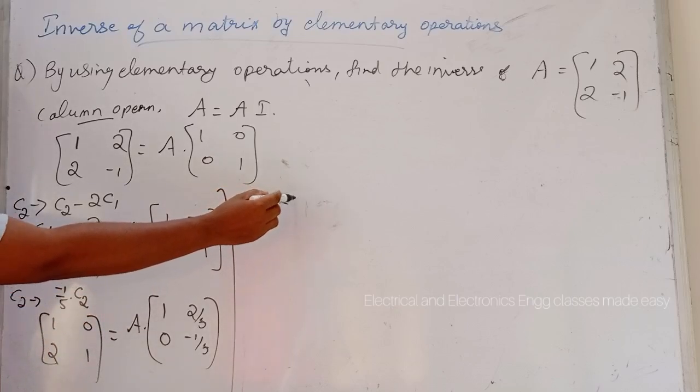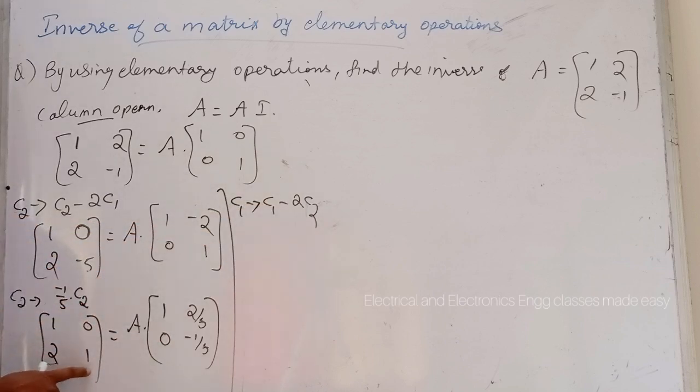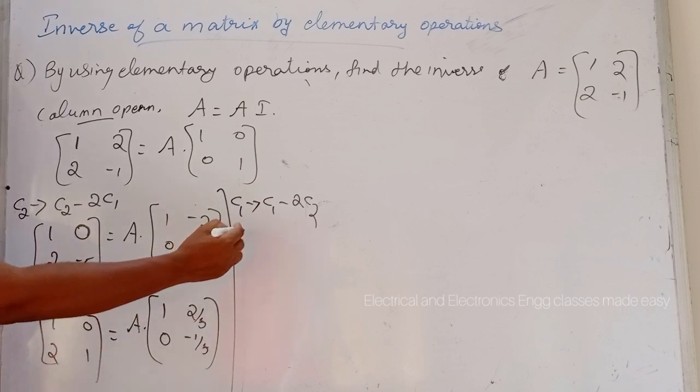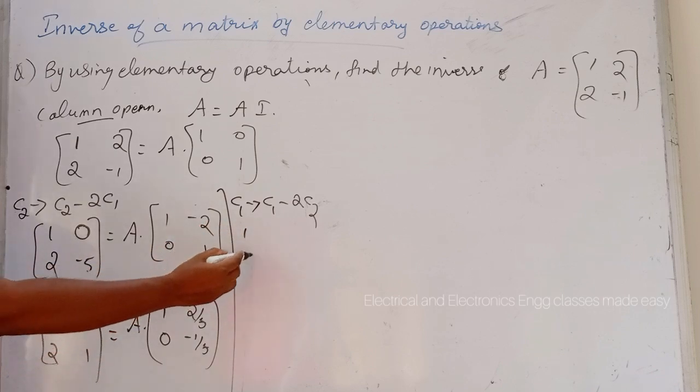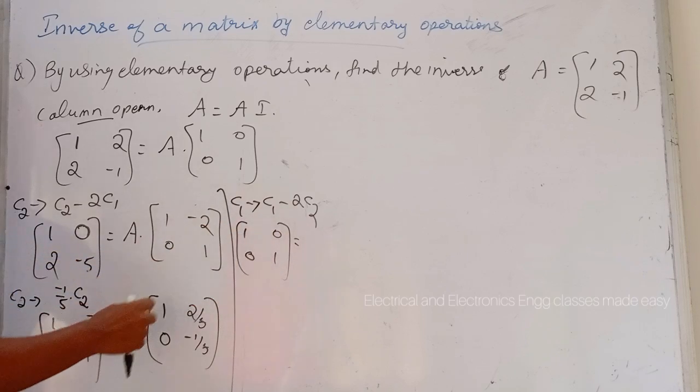So C1 implies C1 minus 2 C2. So while doing operations in this case, here this is 0, so no change will be here. So here we will get 1, this one will be 0, then 0, 1 equal to,